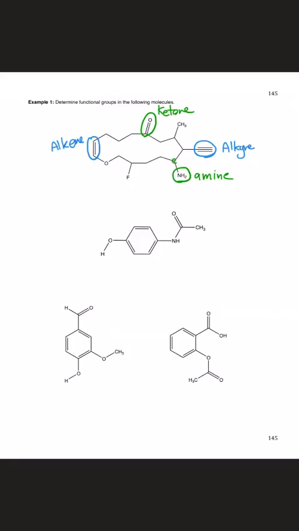Okay, and let's move to the next. So it's this one right here. I'm going to circle oxygen. This oxygen right here is connected to hydrocarbon on the left and also hydrocarbon on the right. Therefore, if you go back to the table of the functional groups, you will see that this is the ether